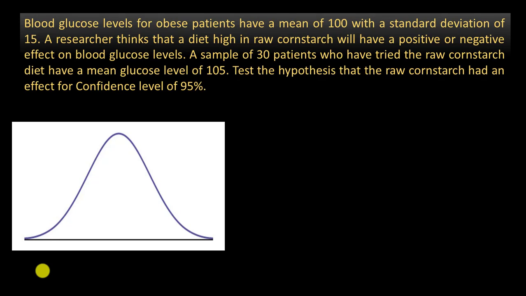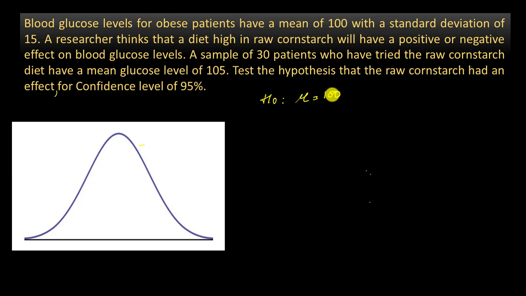Here blood glucose levels for obese patients have a mean of 100 with a standard deviation of 15. A researcher thinks that a diet high in raw cornstarch will have a positive or negative effect on blood glucose levels. A sample of 30 patients who have tried the raw cornstarch diet have a mean glucose level of 105. Test the hypothesis that the raw cornstarch had an effect for a confidence level of 95%. Let us first write down the data given in the question. The null hypothesis is what we call the accepted fact. So here the accepted fact is that the mean blood glucose level for obese patients is 100,